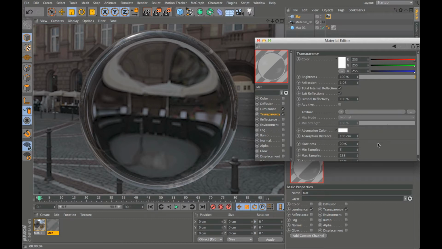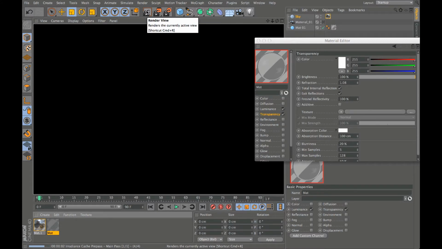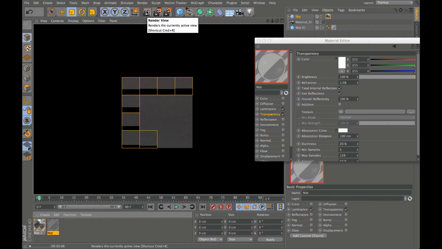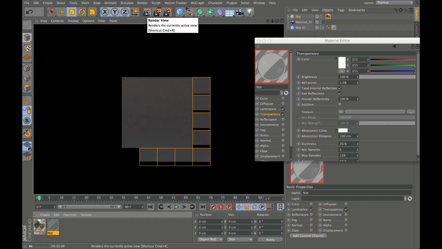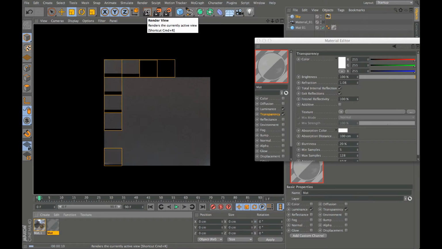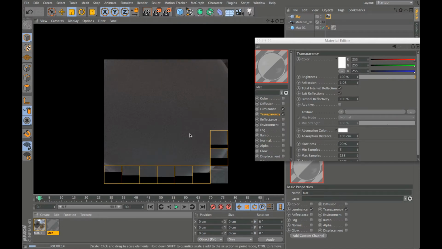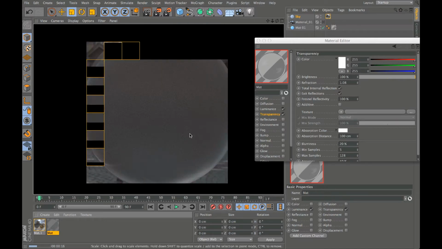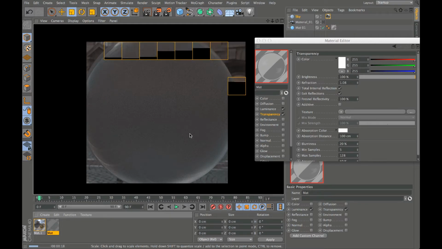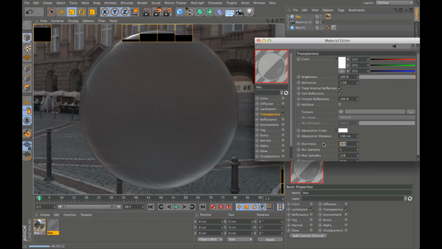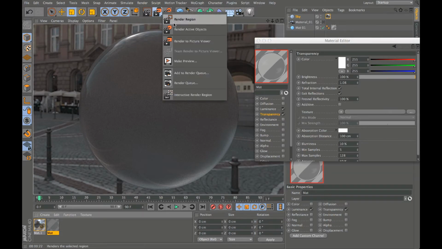So again, if I'm creating different kinds of surfaces, so maybe a frosty type mug effect, then we might want to add some blurriness. This is a high level of blurriness, so you'll see that you really lose any sense of imagery through the surface. I can dial that down to half, and let me turn on